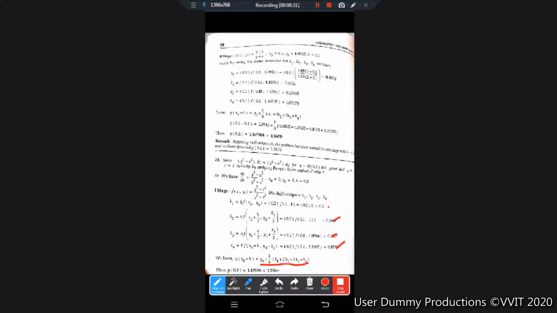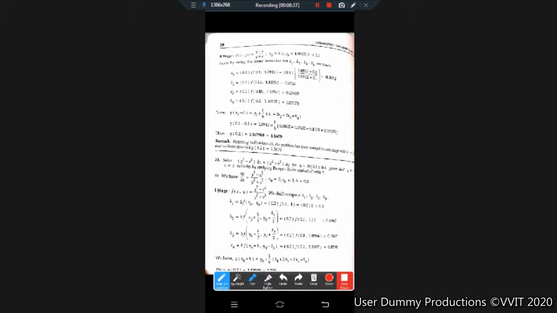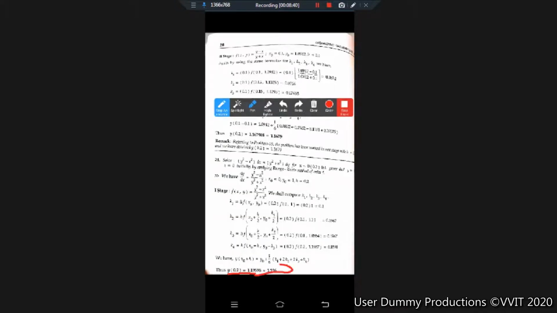Now, what is different for second stage problems? Here, whatever you got as your answer, that is this one. See, look at this answer. So this 0.2 and this 1.196, this is going to be the x naught value for the next one, and this will be the y naught value for the next stage. We did the same in the Euler's method, if you remember. So doing that further, our x naught is 0.2 and y naught is 1.196, h is 0.2. And x1 will be x naught plus h. So we will enter the next stage here.